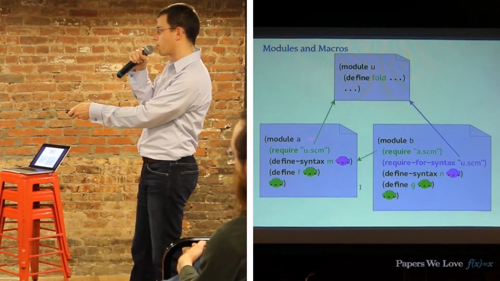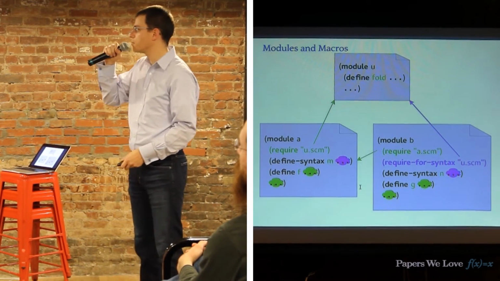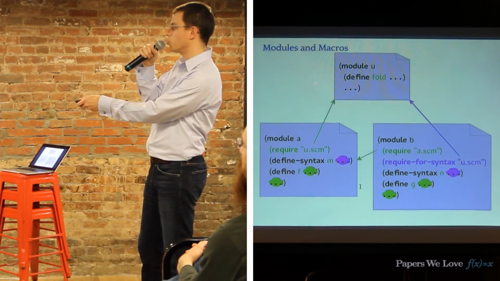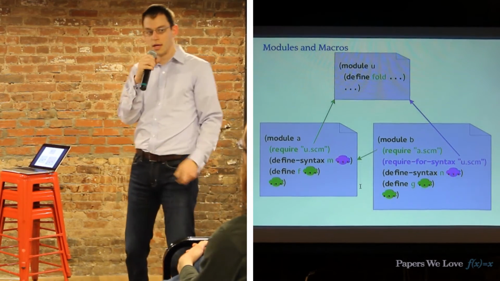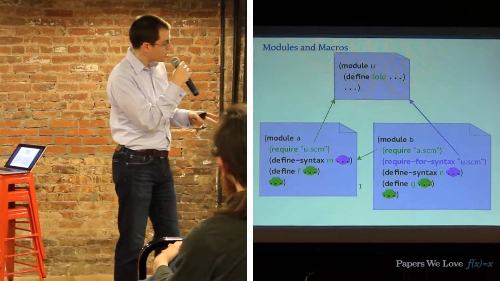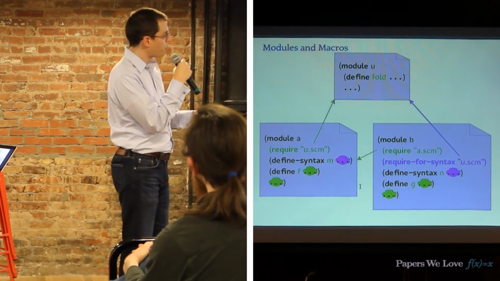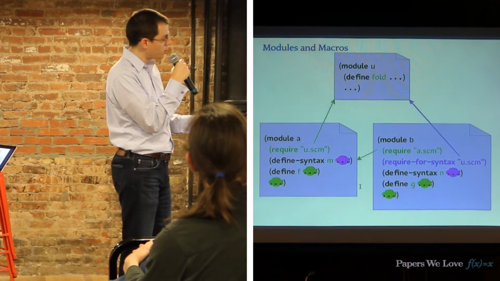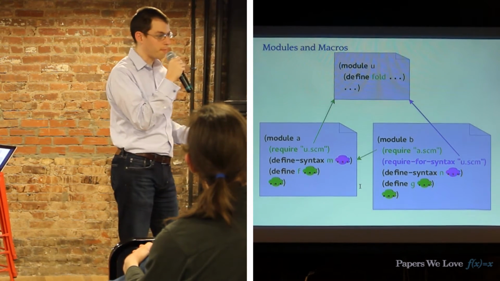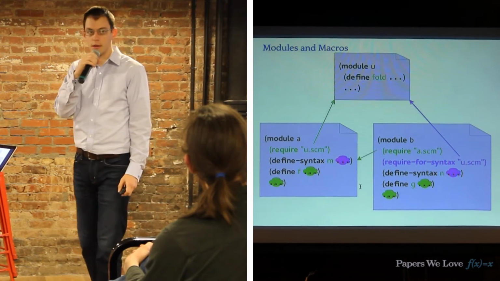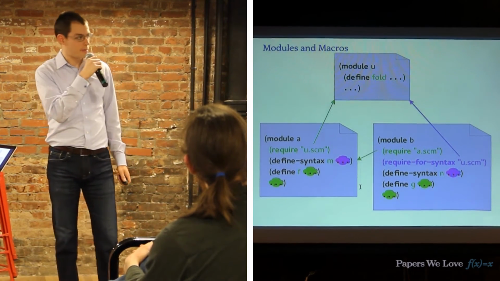So now let's think about where these colors go. When is runtime for the U module going to happen? It's going to happen twice. It's going to happen twice because it's used both at the compile time for module B, and it's used at the runtime for module A, which is the same as the runtime for module B. So we have to have fold available both at compile time and at runtime.